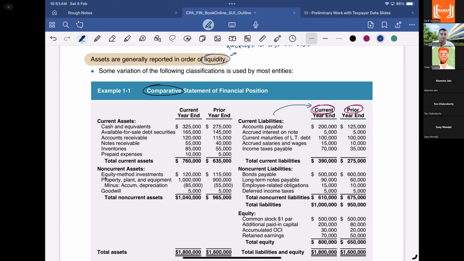खास करके प्रॉपर्टी अगर मान के चलते हैं, जैसे you have a warehouse, you have a land, on the land you have a warehouse being constructed. Do you think that it's that easy for you to dispose the land, like demolish the warehouse and sell all the scrap in just a jiffy, or let's say in just like 1 or 2 months time or 6 to 8 months time? It's not that easy, right? So you have to find a broker, or you have to have a good deal, and so on and so forth, right? So इन दी ऑर्डर ऑफ लिक्विडिटी हम कैश को, एसेट्स को हम अरेंज करके रखते हैं,